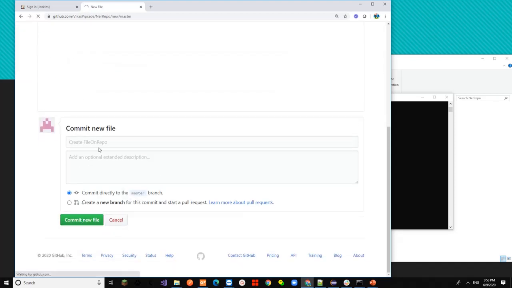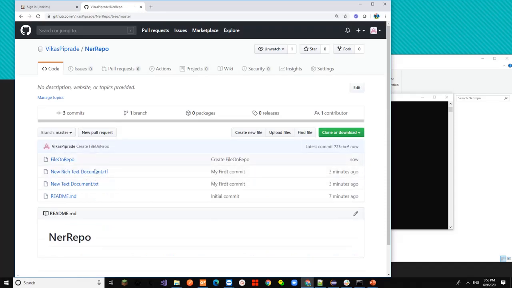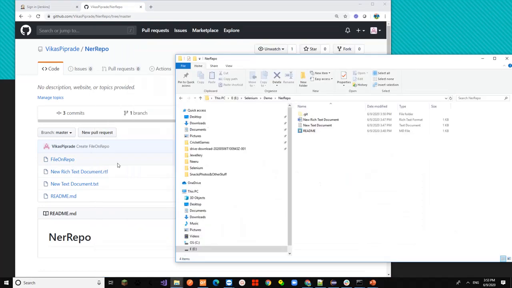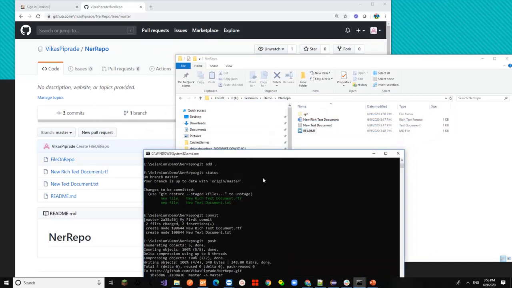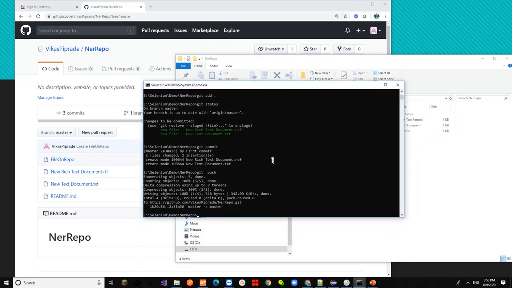So now this file is on the GitHub repository, but it's not on local. See here, there are two files initially which we committed and pushed into the GitHub repo, but the newly created file on the repo is not yet here. So there is a difference between the repository and local. We can see that using the git status command.